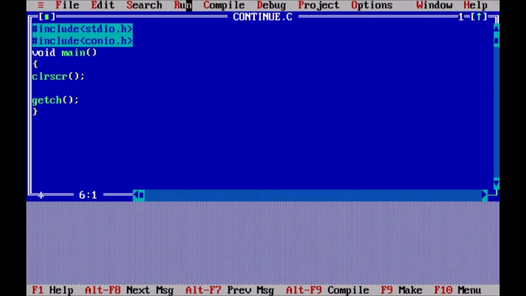Now coming to the second statement, that is a break statement. Break statement is used to come out of the loop. Or in other words, we can say that break statement is used to exit the loop. So once this loop has been broken, it will simply come out of the loop, but it will not break the entire program. So let us understand continue and break statements with an example.